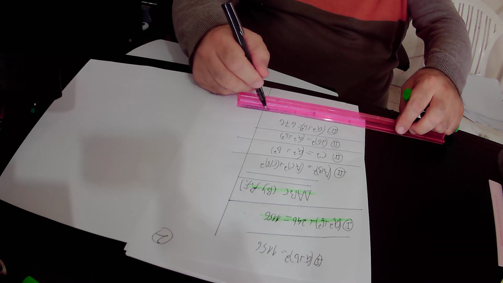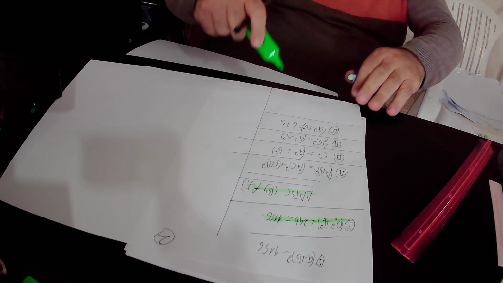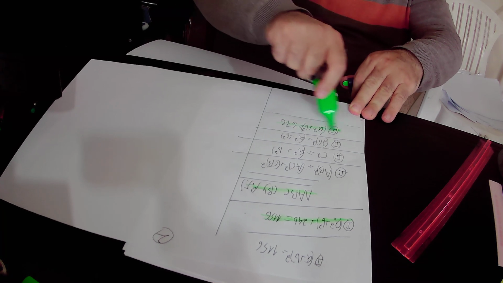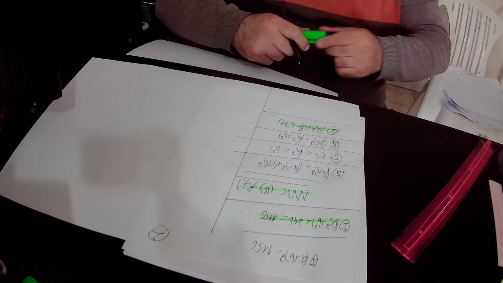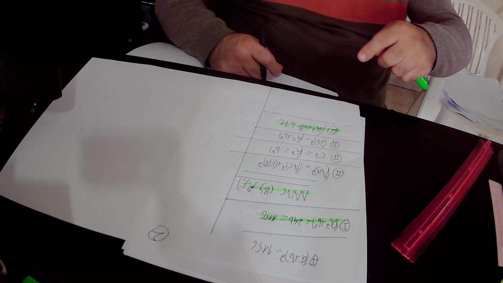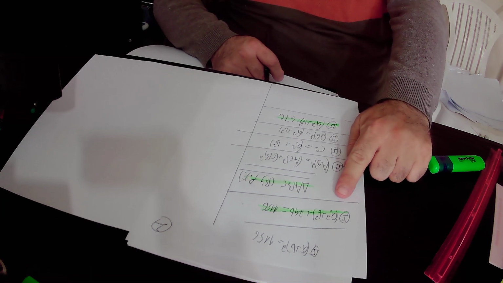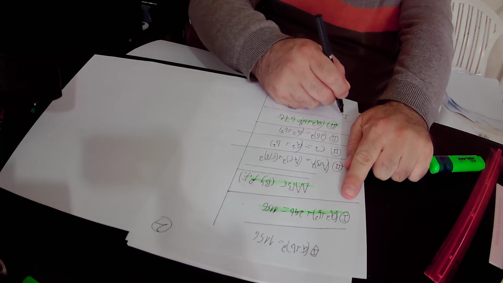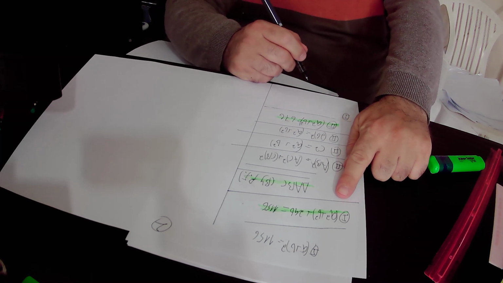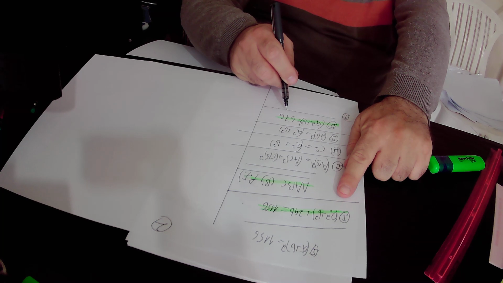So according to equation number 2, we found out that a squared plus b squared equals 676. And because a squared plus b squared equals 676, it means that we can substitute a squared plus b squared in equation number 1 by 676. So we'll do it now, and we get that according to equation number 1, a squared plus b squared, here it is 676,